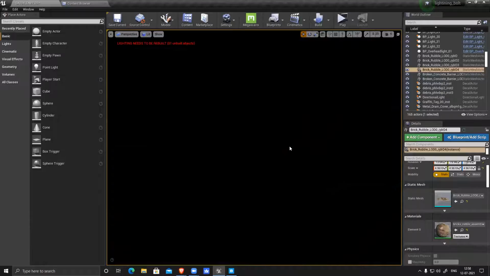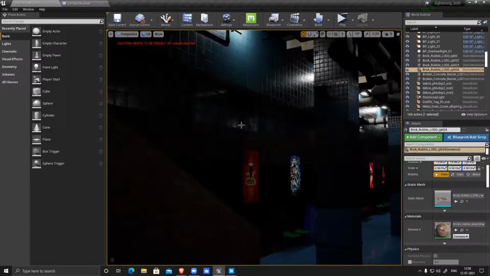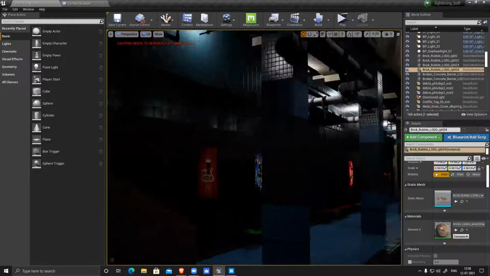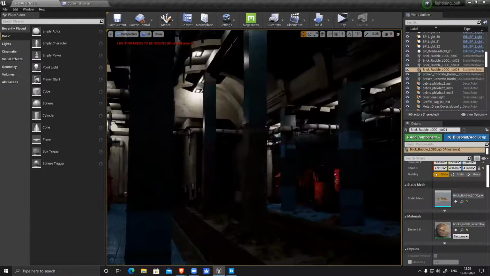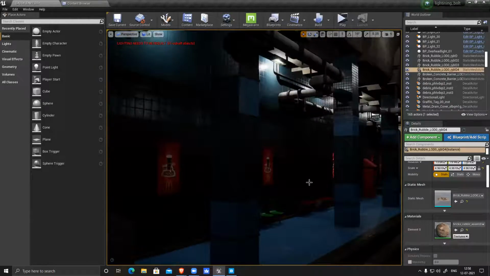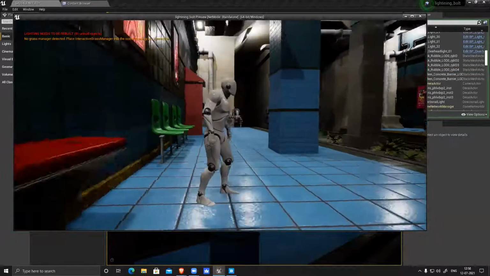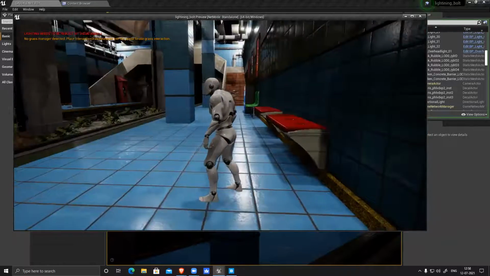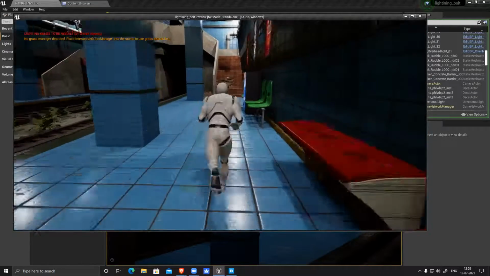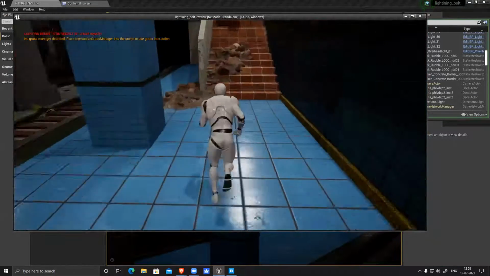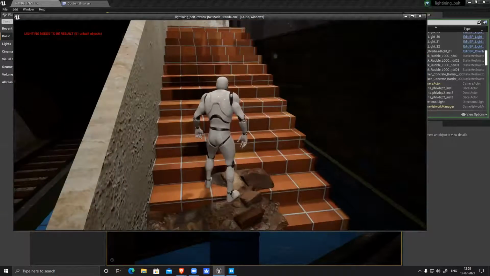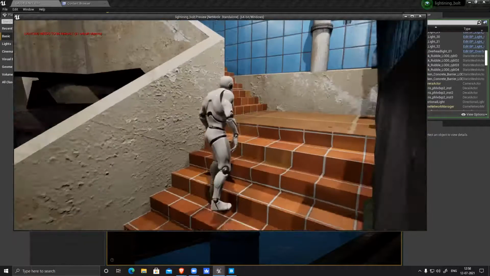And this side has lights. This part area is really dark, that means I need to fix the lighting. If I play, it looks kind of bright only. You can see all this dirt.